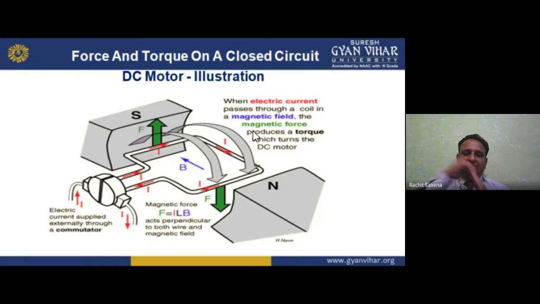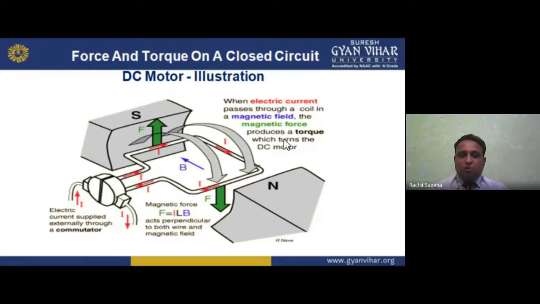So if it is moving, what happened? Displacement is there. If displacement is there, my dear student, then force cross displacement, the vector product of force and displacement, gives you what? Torque. So torque is applicable, and due to this torque, it is in a closed circuit.